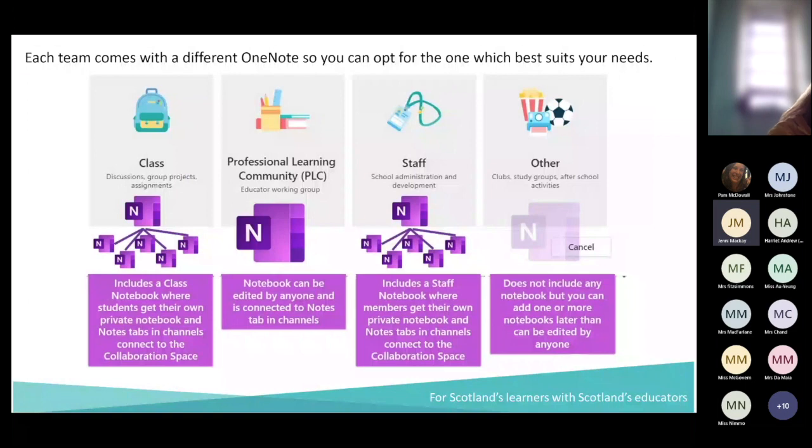I'm going to share this PDF, this PowerPoint in PDF with Pam, so don't worry about capturing too much while I'm speaking. But